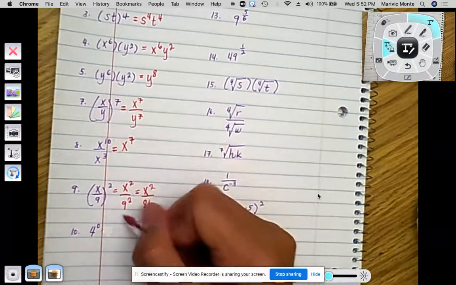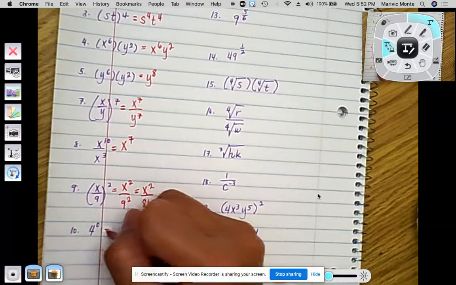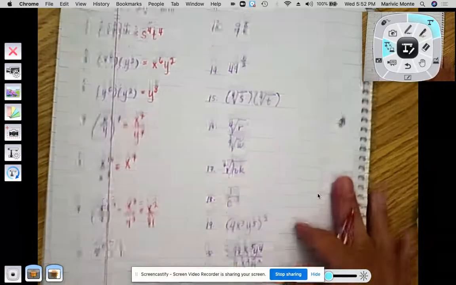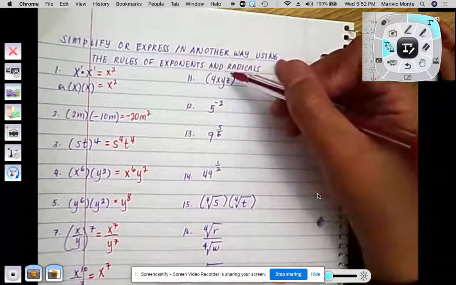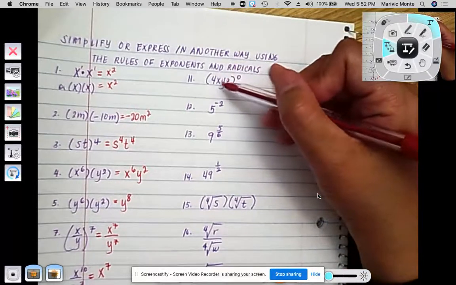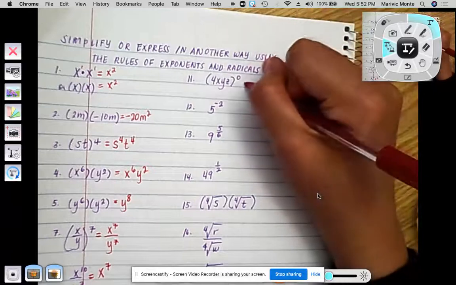And here, number 10, anything except of course 0, like 4 raised to 0, simply equals 1. And next, the same thing. A combination of integers and variables inside a parenthesis raised to 0 would be equal